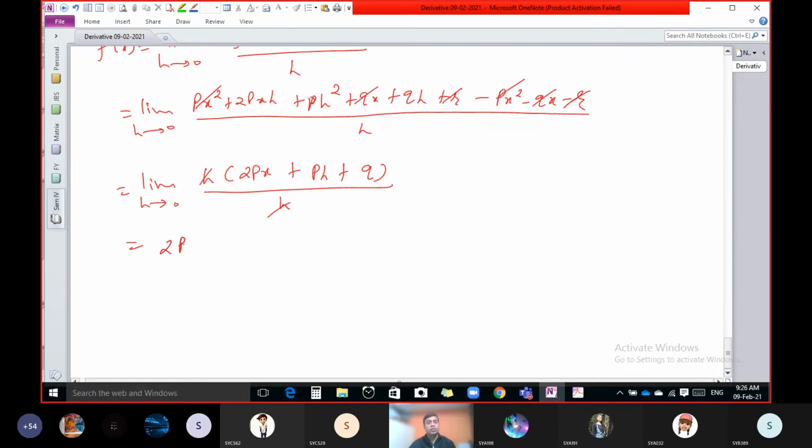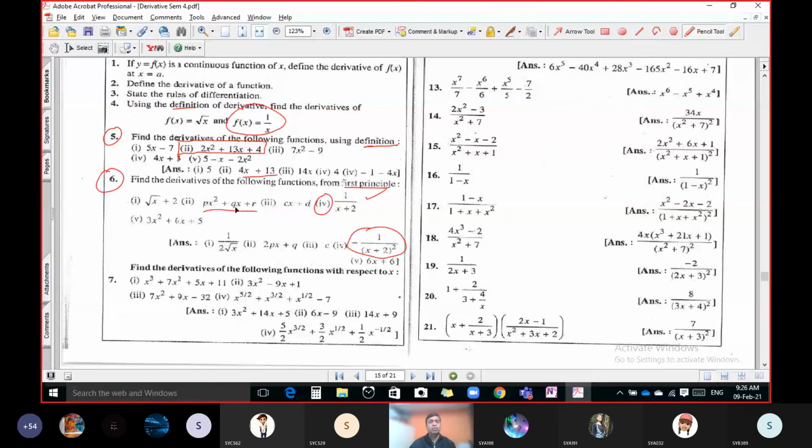So we get 2px plus p into 0 plus q. So our final answer is 2px plus q. This is our final answer. So this is the way to find out the answer. It is not a difficult question. 2px plus q, that is our final answer. But listen, if the question is like this or like this,